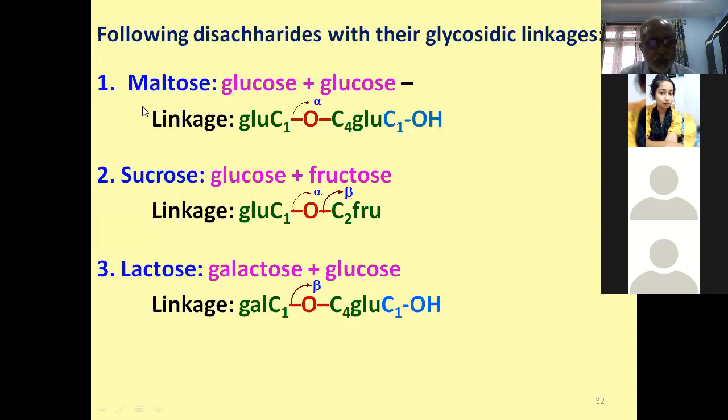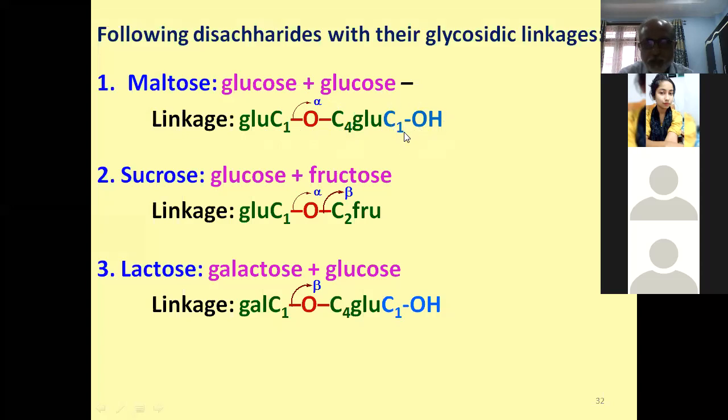Maltose is important in the sense that this is one of the metabolic products, the first metabolic product, of the starch that we take. The partial hydrolysis gives you maltose, which is made up of glucose and glucose. Now, if you see the structure, glucose C1, that is the anomeric OH, C1, is linked to the C4 of the second glucose. So one glucose, another glucose: C1 of the first glucose, C4 of the second glucose. Now in the second glucose, the C4 is bonded to C1 of the first one. But here, the C1 is free.